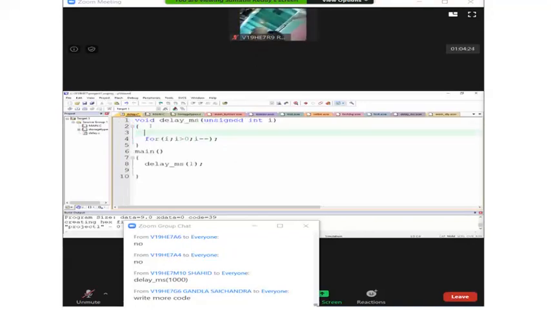Let me take another variable here. I'm going with nested looping. You can write whatever you want, but finally you should get the delay you are expecting. Why I am going with nested looping here is, in this, the processor can wait for more time.